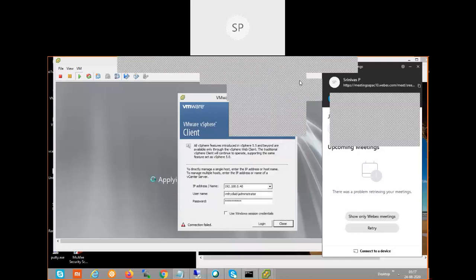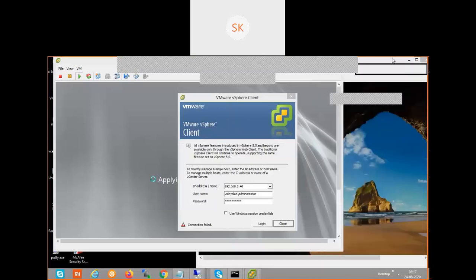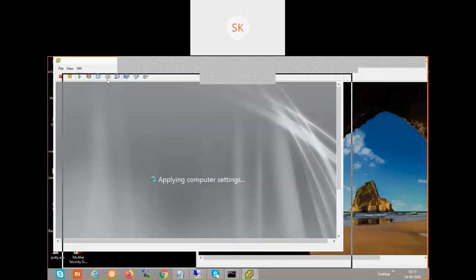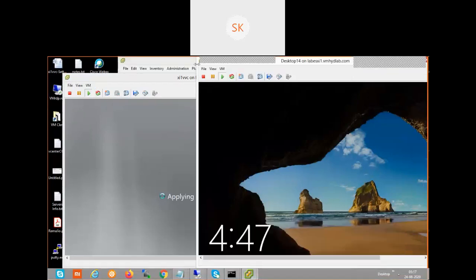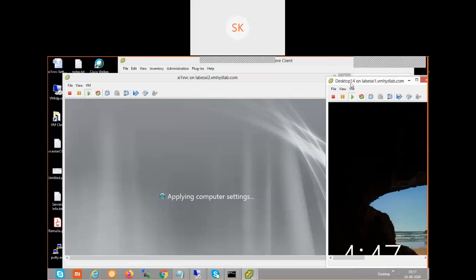In this session, we are going to configure HA and DRS. What are the different options that come into the picture while configuring HA and DRS? What exactly is HA? We know that HA is a reactive approach. DRS we can consider as a proactive approach. HA means why reactive approach.